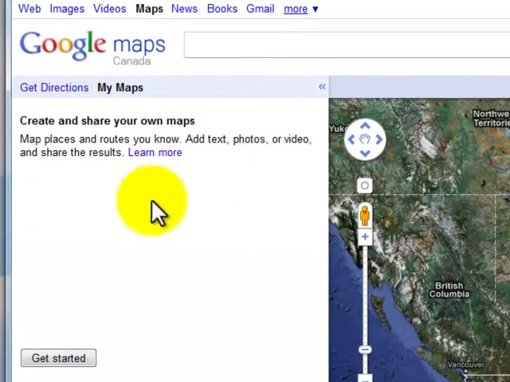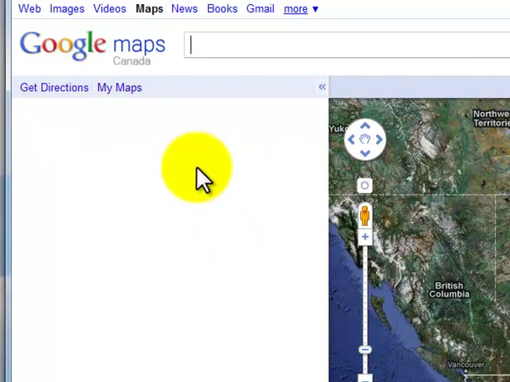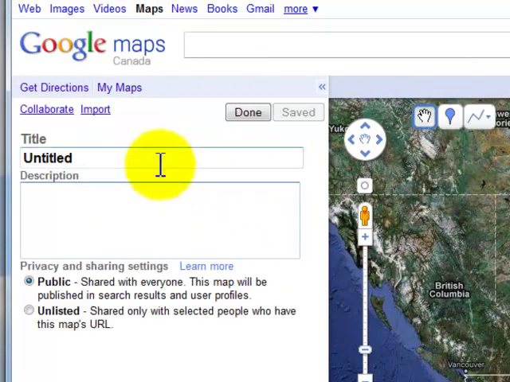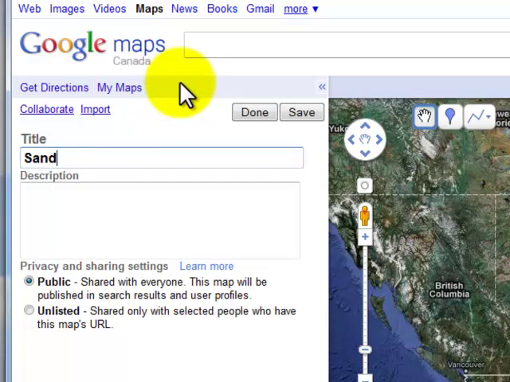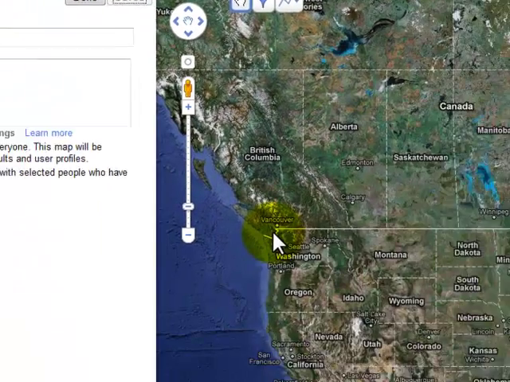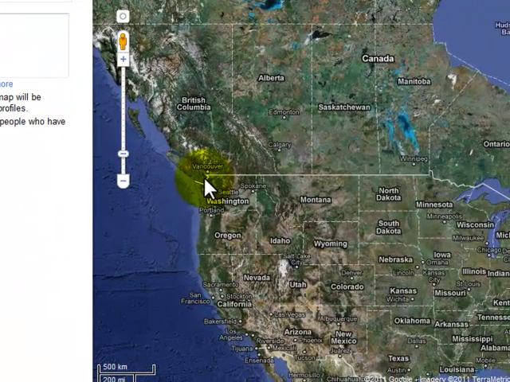and in you come, and it'll pop up ready to go with your very first map. And so the title of this map that I'm going to make, I'm going to call it Sandpiper Migration. And that's because I'm preparing something for my blog around sandpiper migration. So I'll say save. And now what I'm going to do is, I know that I want to put a picture on my map of a sandpiper,